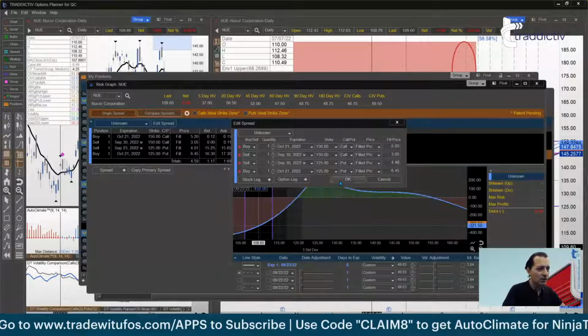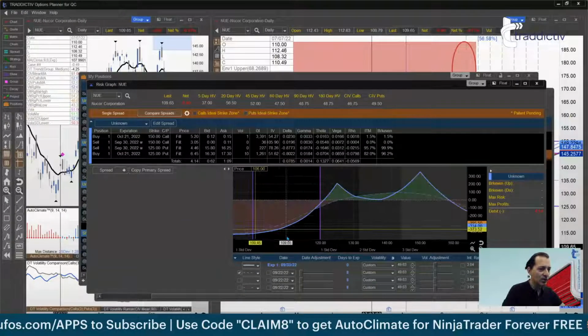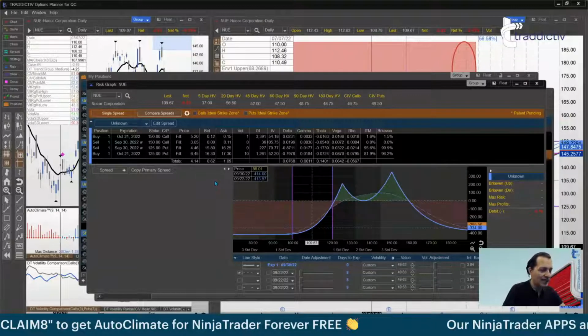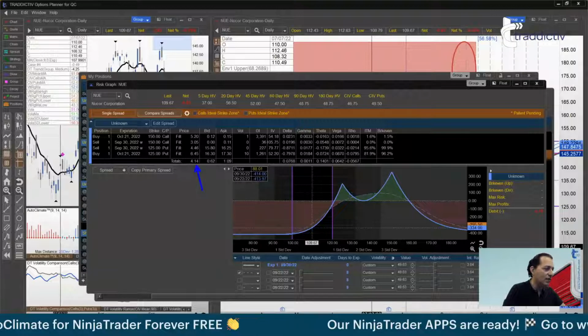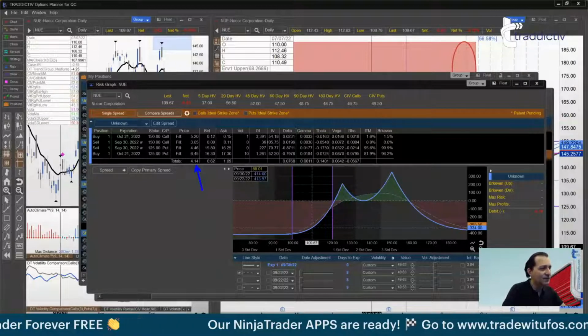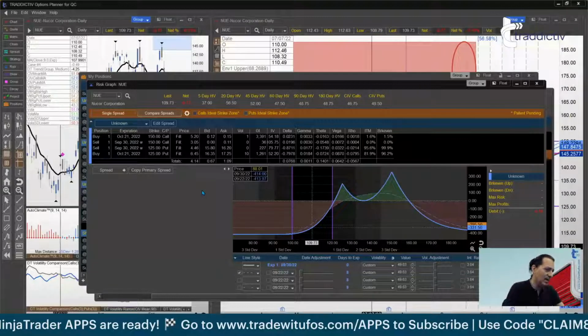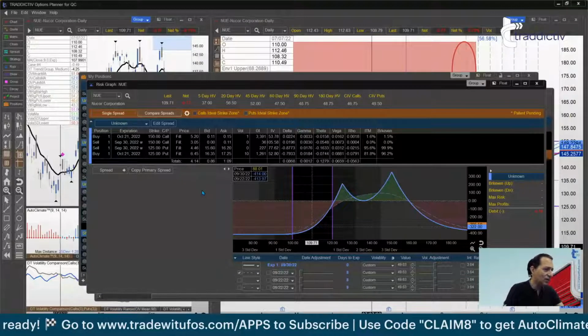That's what I got. So if I click OK, the risk of this trade now, I mean the risk graph, you've seen this risk graph before. We are back to our double calendar, and now the risk of the trade is 414. So again, I shaved some of the risk and I'll keep doing that. And if it keeps falling, in the end we'll lose, but it's going to be less than 400 that we're going to lose.